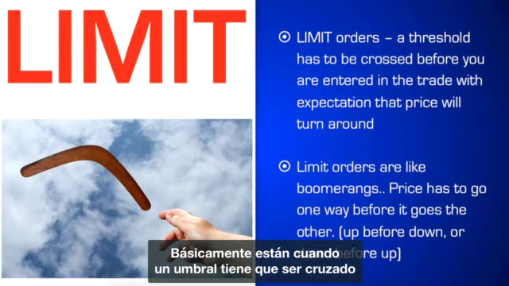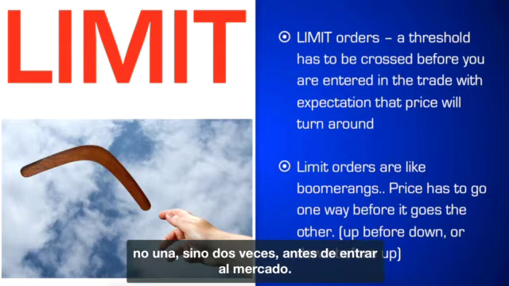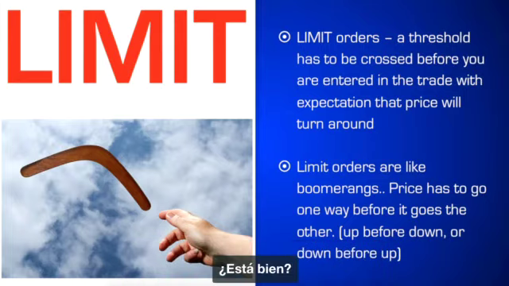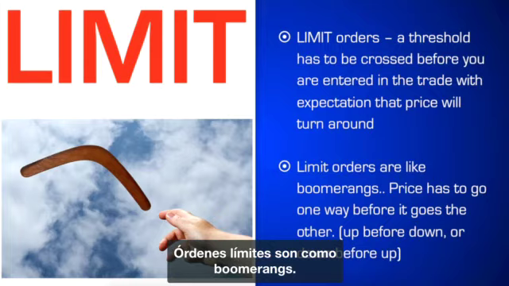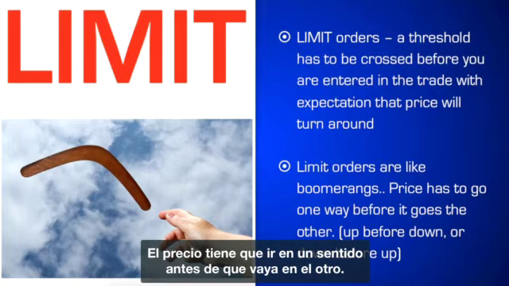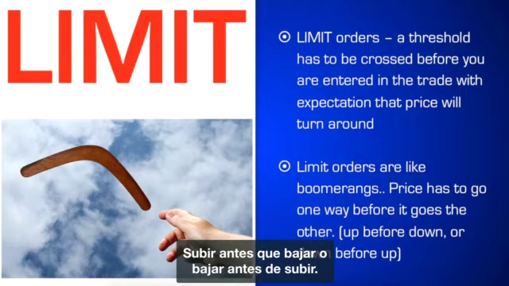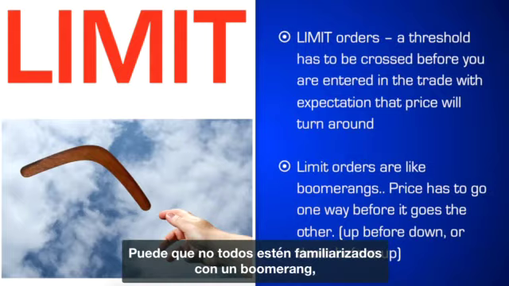Okay, so if you look at this picture, limit orders are like a boomerang. You throw it and it comes back. Or like a U-turn, it's another way of looking at it. Price has to go one way before it goes the other. So an example: up before it goes down, or down before it goes up. You're expecting that price is going to continue for a little while and then it will eventually turn